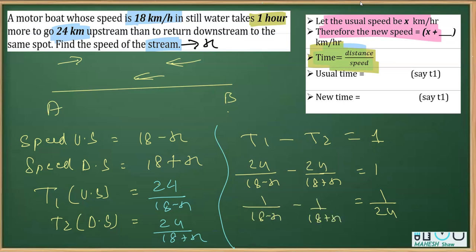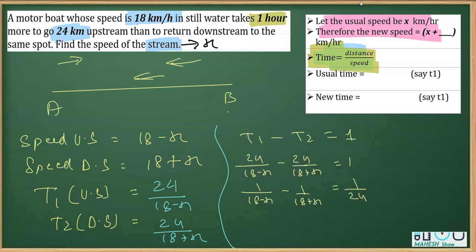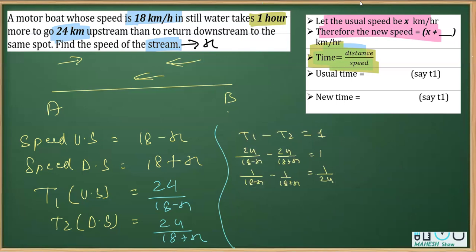Now to simplify it further, we are going to take LCM. So LCM is going to be the product of these two, that is 18 minus x and 18 plus x. So on the numerator, you'll get 18 plus x and minus of this, that is minus 18 plus x,